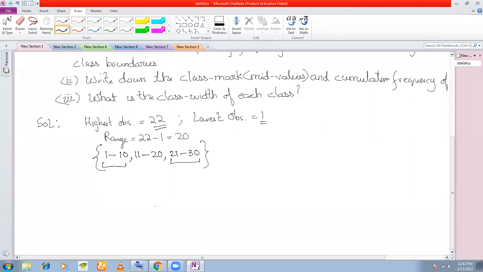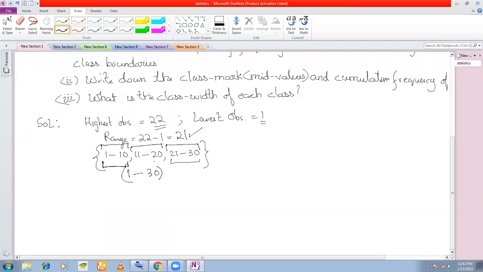Excuse me, sir. Yes. So 22 minus 1 would be 21. Yes, 21. Okay, fine. Whatever the data, you can still classify the data within this because the range here is 21. So you will take the range from 1 to, let's say, 30, right? 21 is also included in 1 to 30, and 1 to 30 I further break up as 1 to 10, 11 to 20, and 21 to 30.